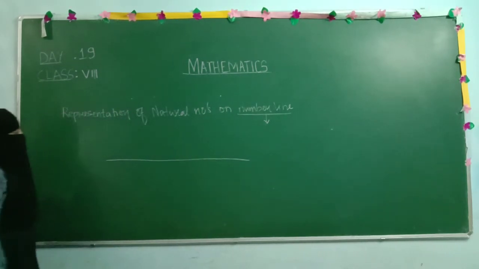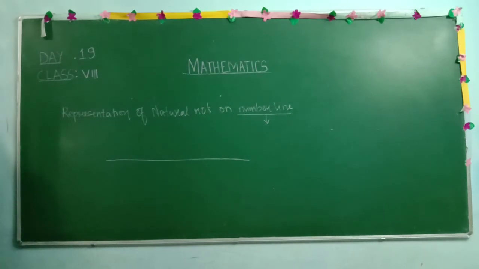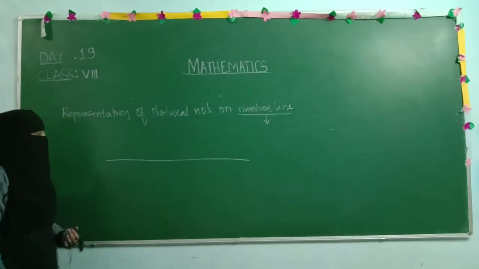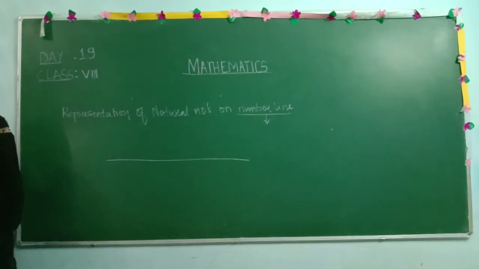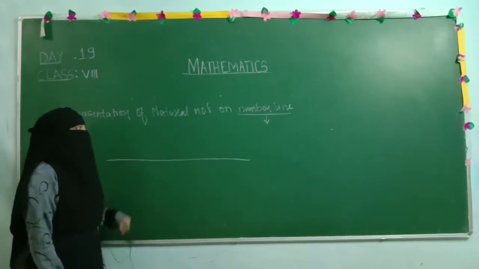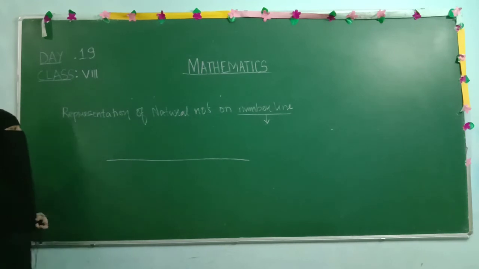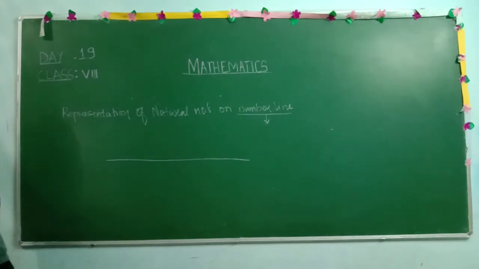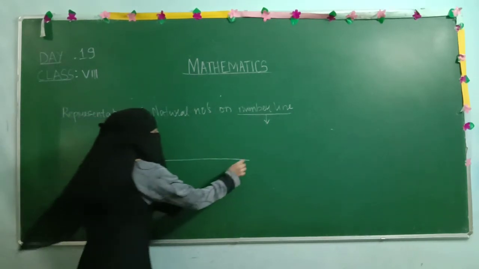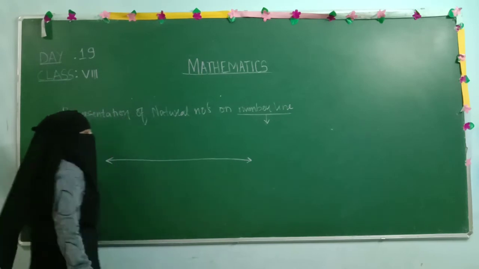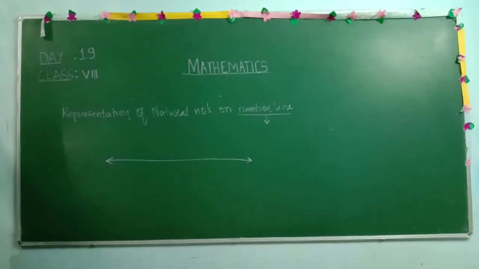What do you mean by line? In the basics of geometry we have studied line segment and ray. So we are talking about the number line here. A line is nothing but that which moves indefinitely in both directions, meaning it does not have any end point. So we represent that through arrow marks on both sides. These arrow marks show that it is going endlessly in both directions.